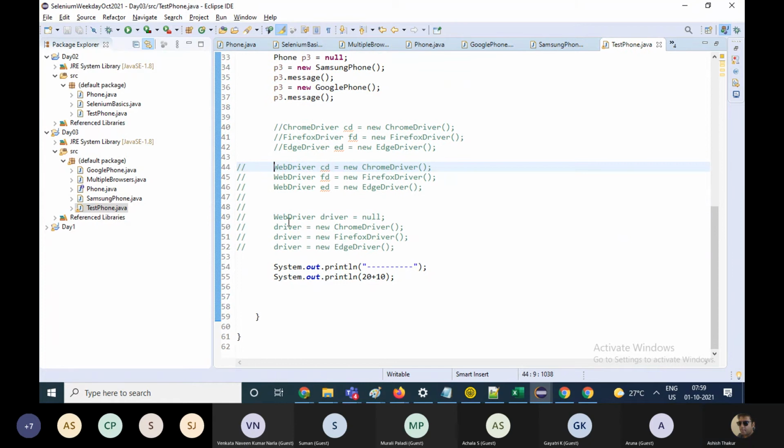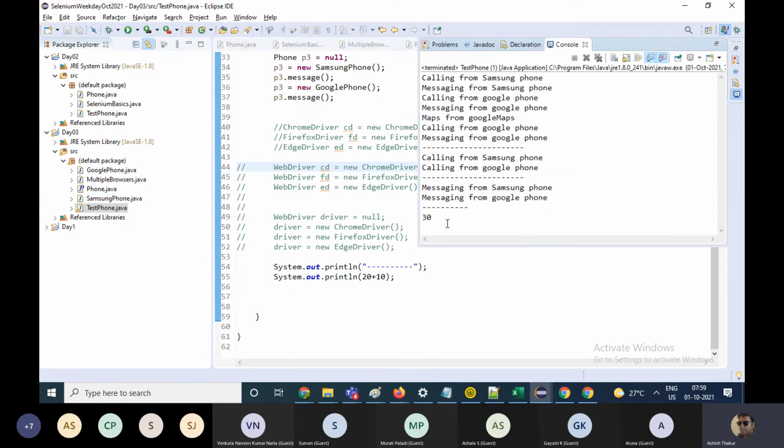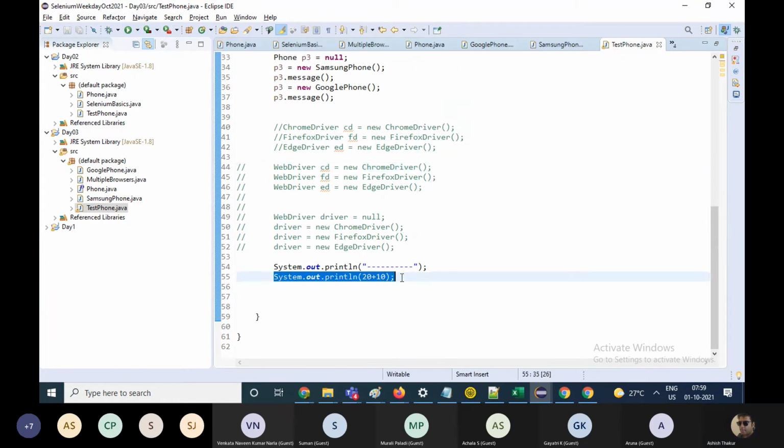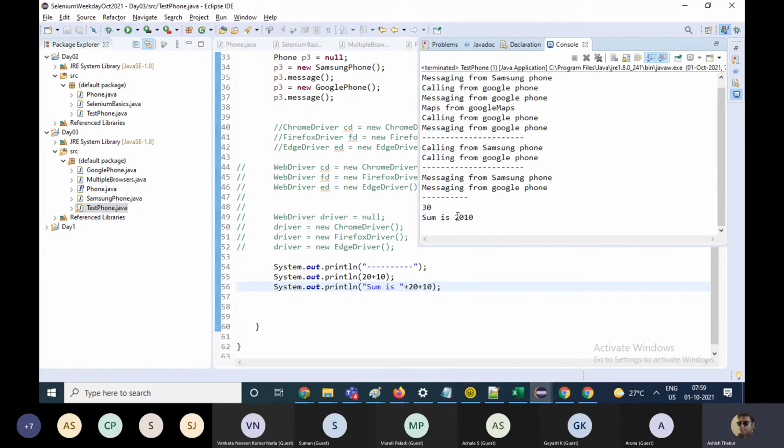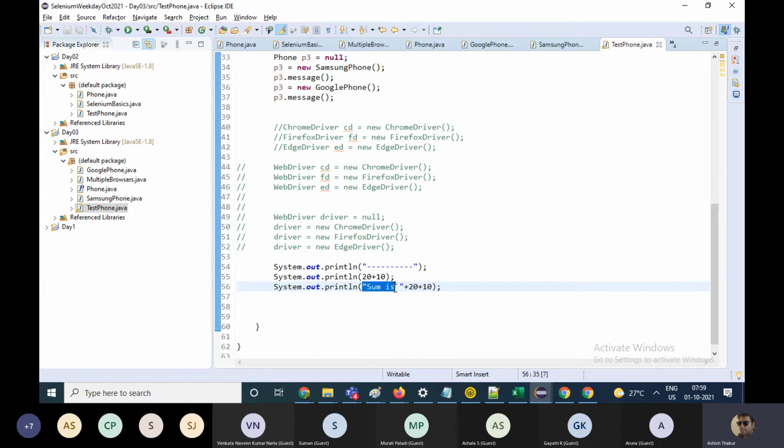If I run this, this is going to print 30. But if I write like this, that is sum is, it is going to print 2010. The reason is this is a string. The execution starts from the left side.